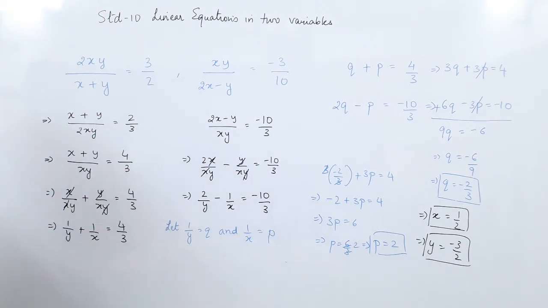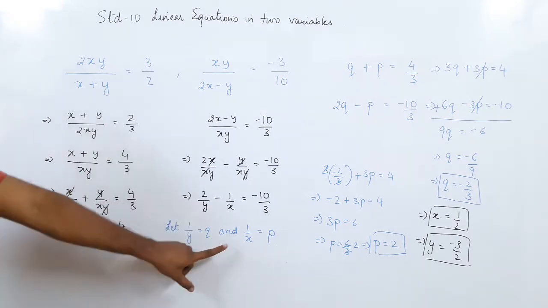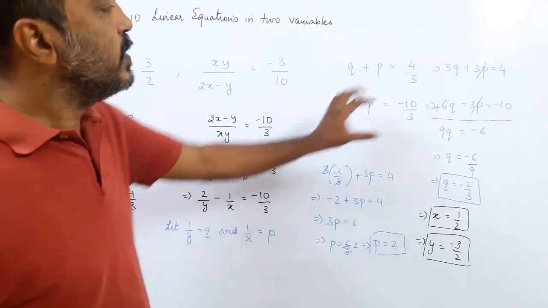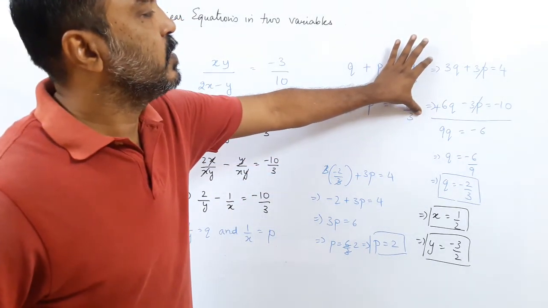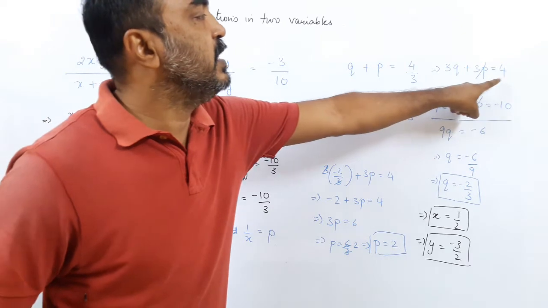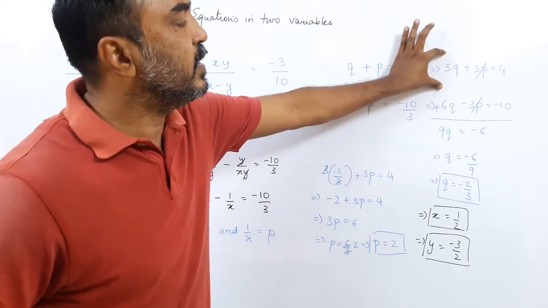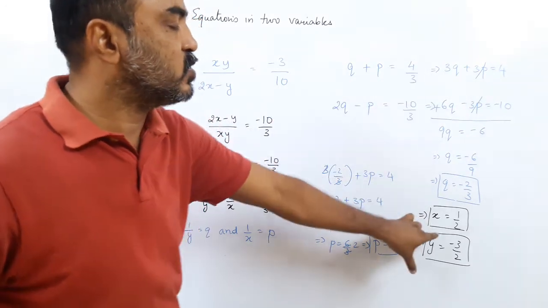So I hope you saw this sum carefully and understood there are so many different types of sums. You have to change them, bring it into simple form, then put the values down, bring it into the reducible form. So this is the reducible form. This is the standard equation, ax plus by plus c equal to 0, but here I got 3q plus 3p equal, meaning the variables are there, two variables, two equations, solving them.